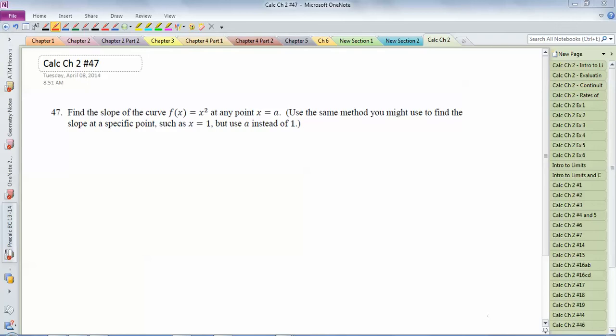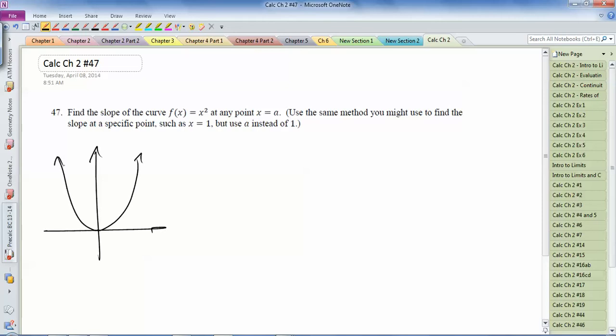Okay, so in this problem, we're finding the slope of x squared at a specific point. Well, not exactly. At a point instead of an average slope. It's an instant slope, but we're solving it for a general point, x equals a. So if I were to draw x squared here,